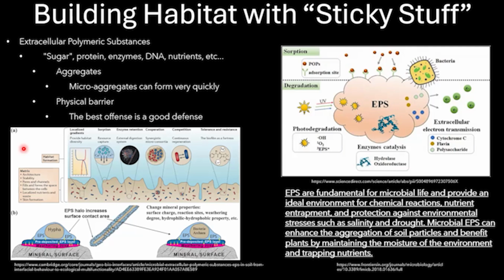Sorry, I'm getting kind of worked up and excited because it is so cool, and we see significant gradient differences in this EPS zone. We often talk about bulk soil versus the rhizosheath. This is a big part of why. If a microbe is pumping out hydrogen in an environment to lower the pH and it's in just a wet bulk soil, it can get flushed and flooded away. Inside of this polymeric zone, it is trapped, it is stabilized, it is holding on to all of that, which is just so exciting.